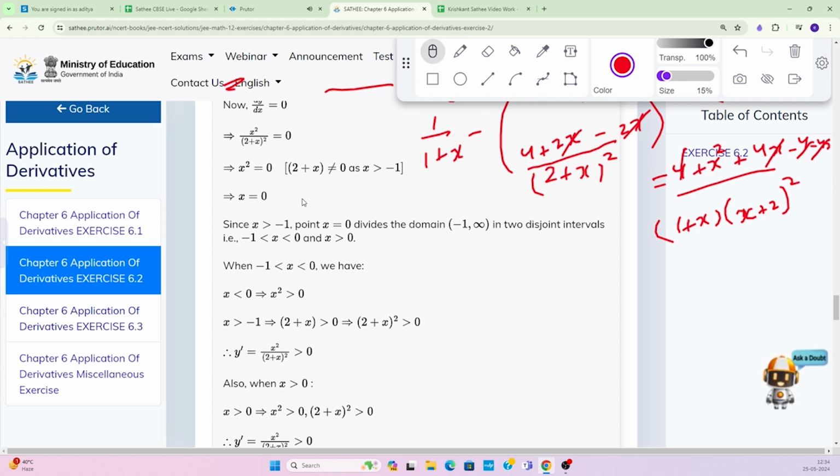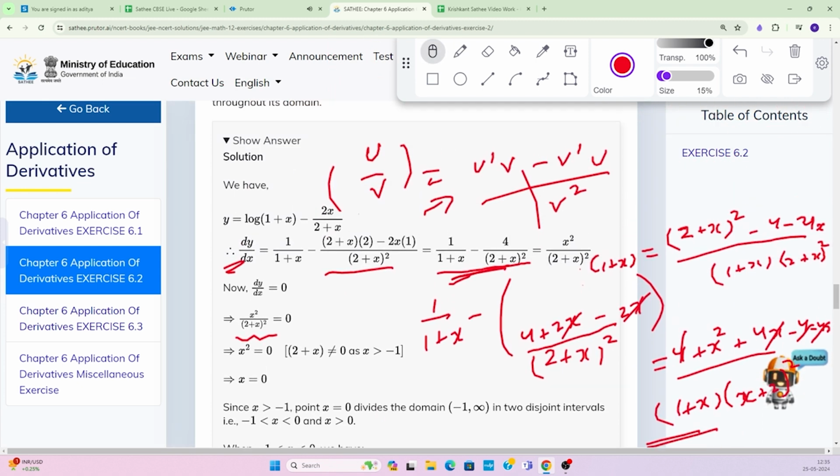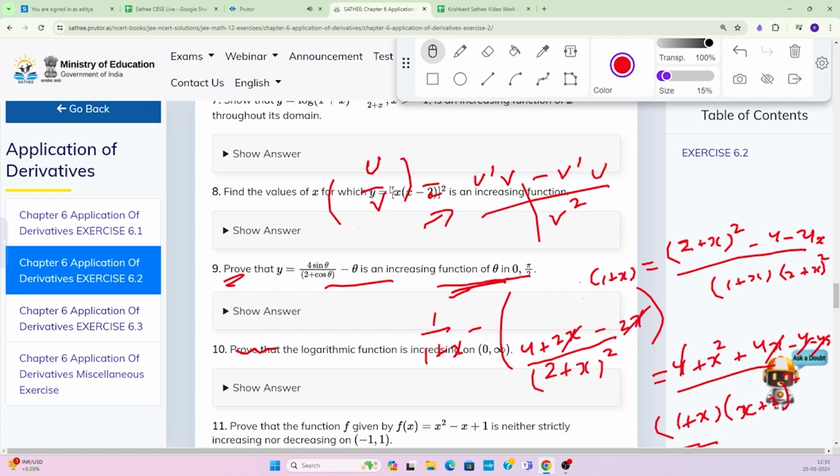Simple. So follow these. Something is not present over here. This is not quite the complete and correct solution. This is not the correct solution. I hope that it is clear. And you know, at this point you can directly say that as it is already given that your domain is x is greater than minus 1, so put any value from the domain, this will be positive. If this is positive, this means f prime is positive. F prime is positive means increasing function. Clear? So don't see this solution. The solution I have provided, please prefer that.